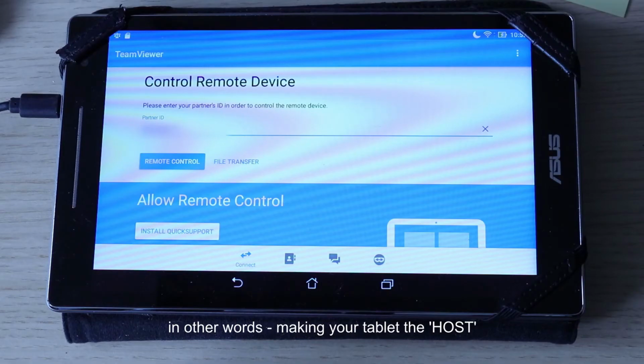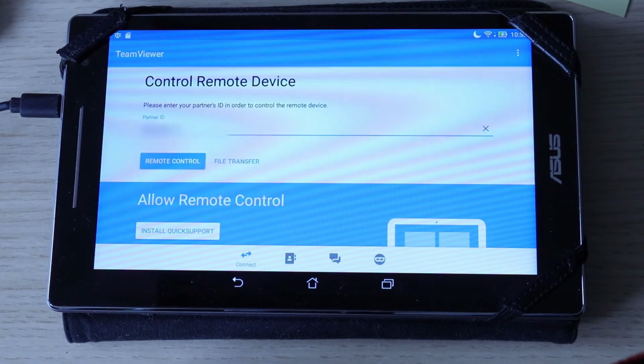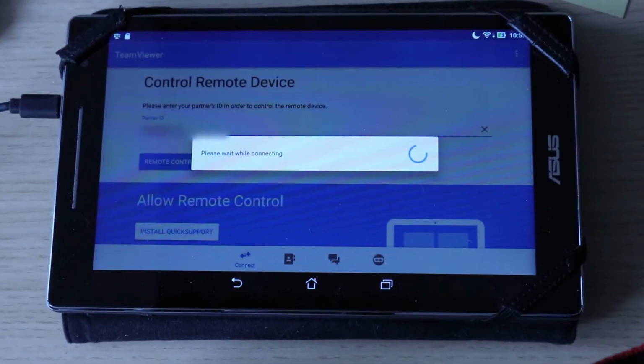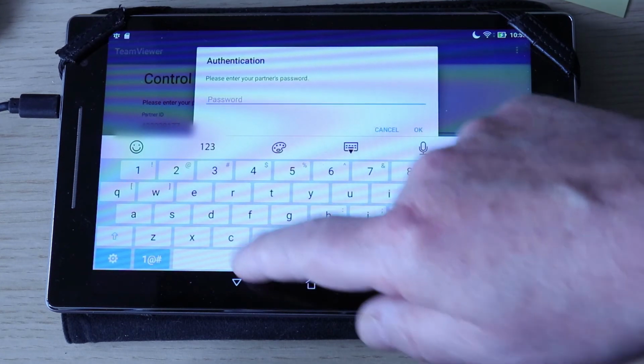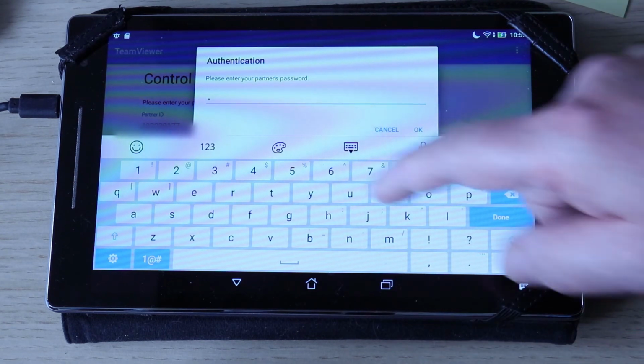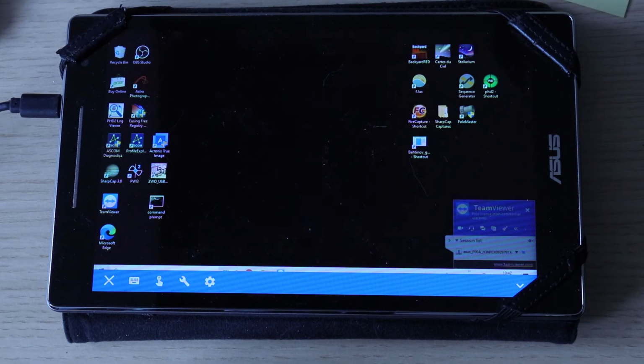It's exactly the same procedure. I've downloaded the app from the Android Play Store, so it's an Android version, but it connects to Windows 10 or Windows operating system flawlessly. So again, the same procedure as we had for the desktop, or indeed another laptop. Again, we press remote control, and it's asking me for the password, which in this case is, and here we go, everything's